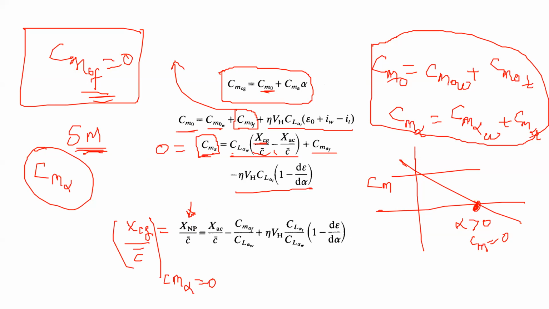So see, we derived this number from the aerodynamic characteristics of the aircraft. So this number is fixed for a given aircraft. If your wing is fixed, your tail is fixed, and fuselage characteristic is fixed, you know what the neutral point is for your aircraft. And now you can locate CG and you know,